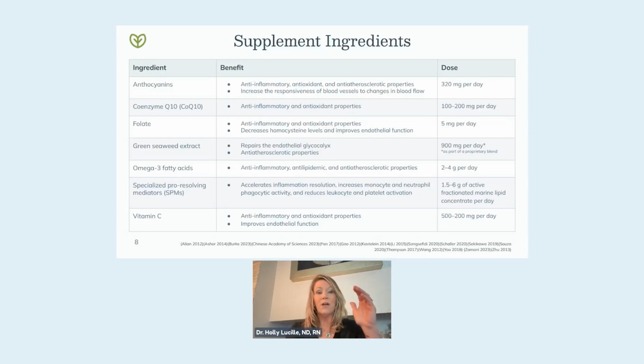SPMs are derived from omega-3 fatty acids. They accelerate inflammation resolution, enhance immune function, and promote tissue repair. Check. I love it. So let's look at a few additional evidence-based ingredients. Those anthocyanins. These are plant compounds responsible for those red, purple, and blue hues in fruit and vegetables. They help decrease inflammatory markers, enhance antioxidant activity, and support endothelial function by improving blood vessel responsiveness and reducing proatherosclerotic